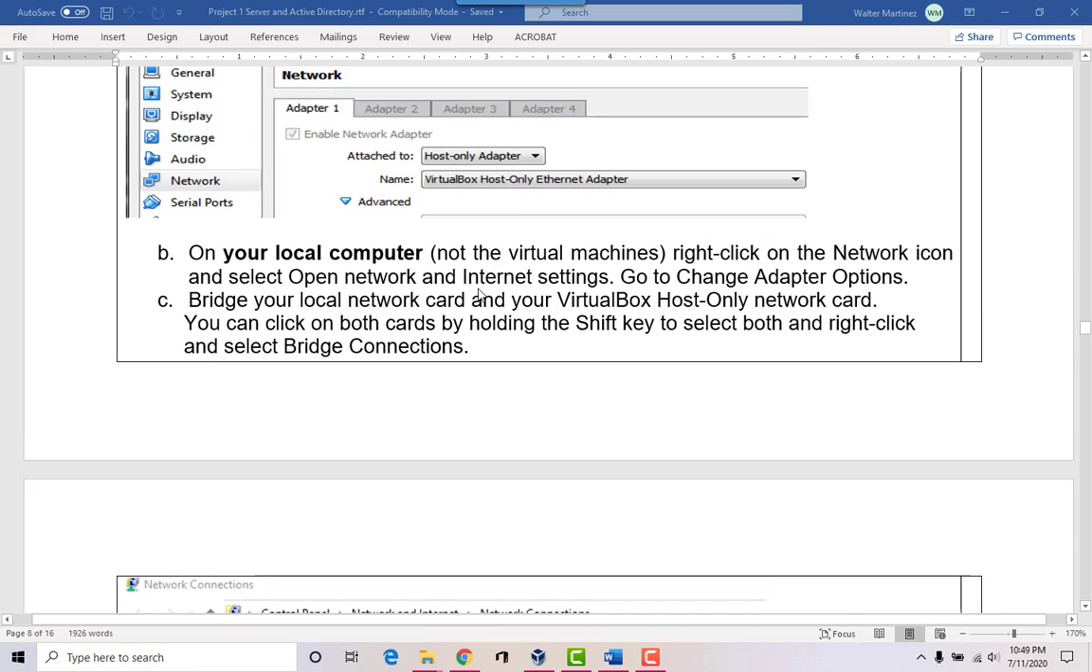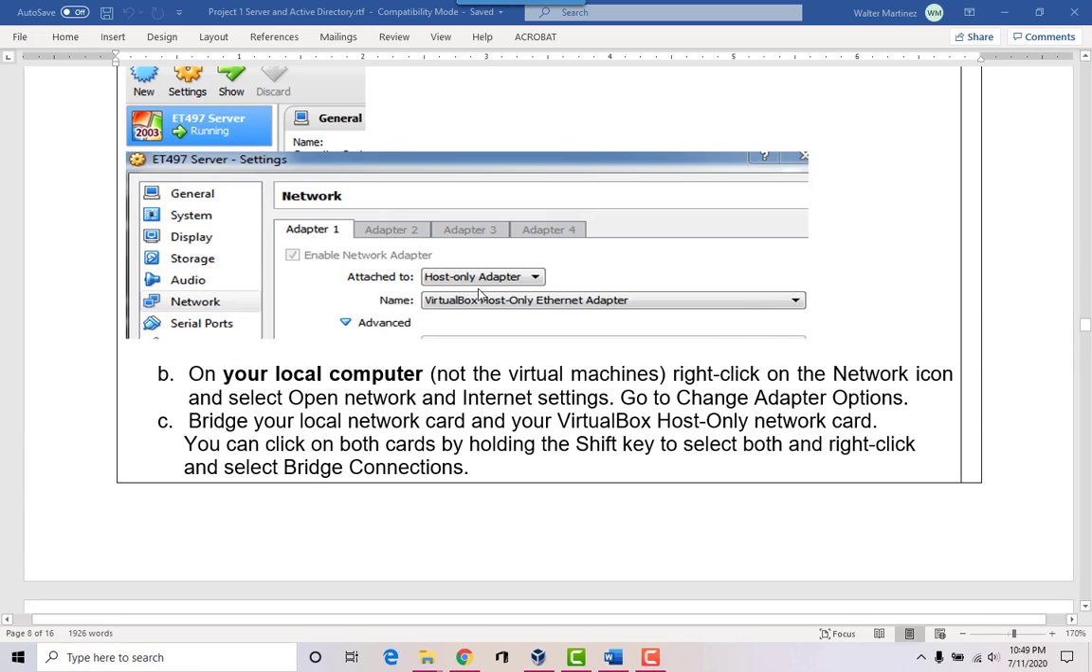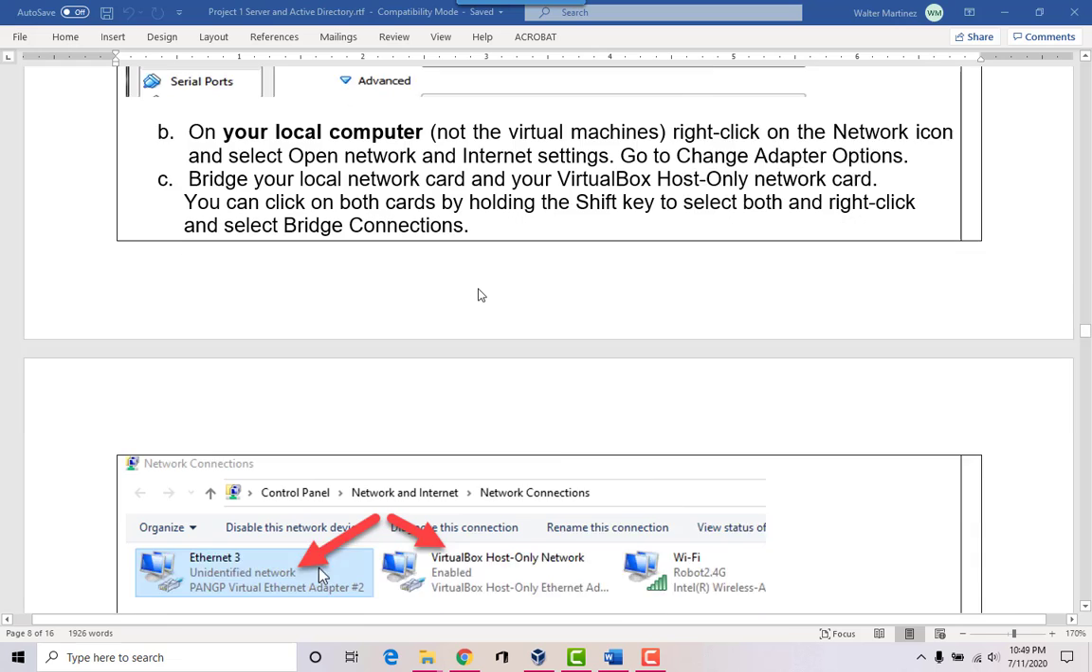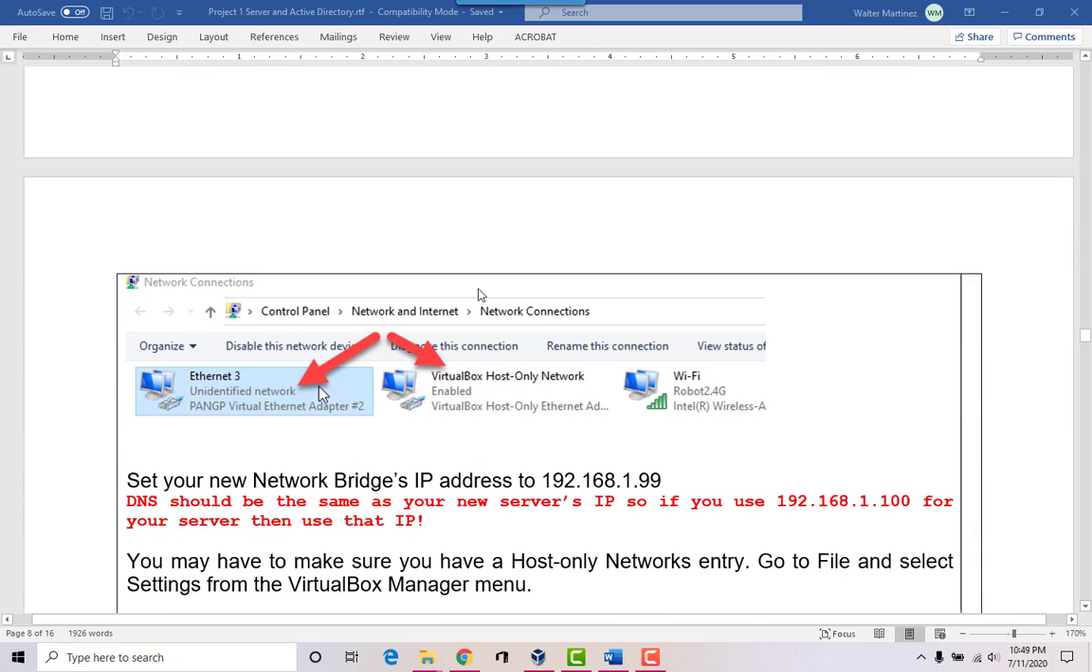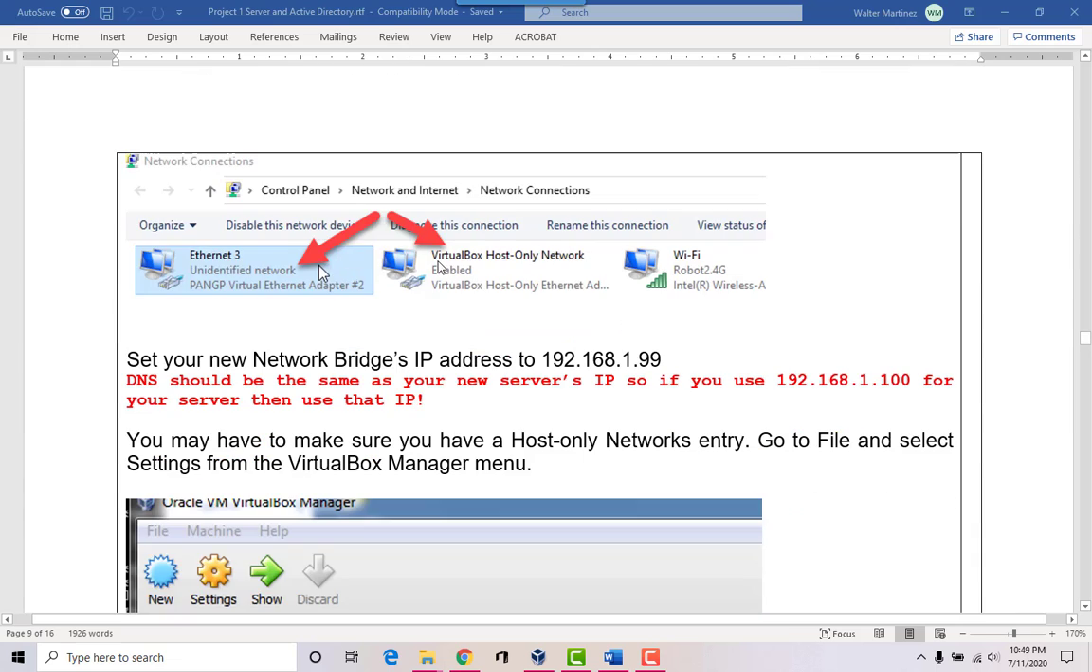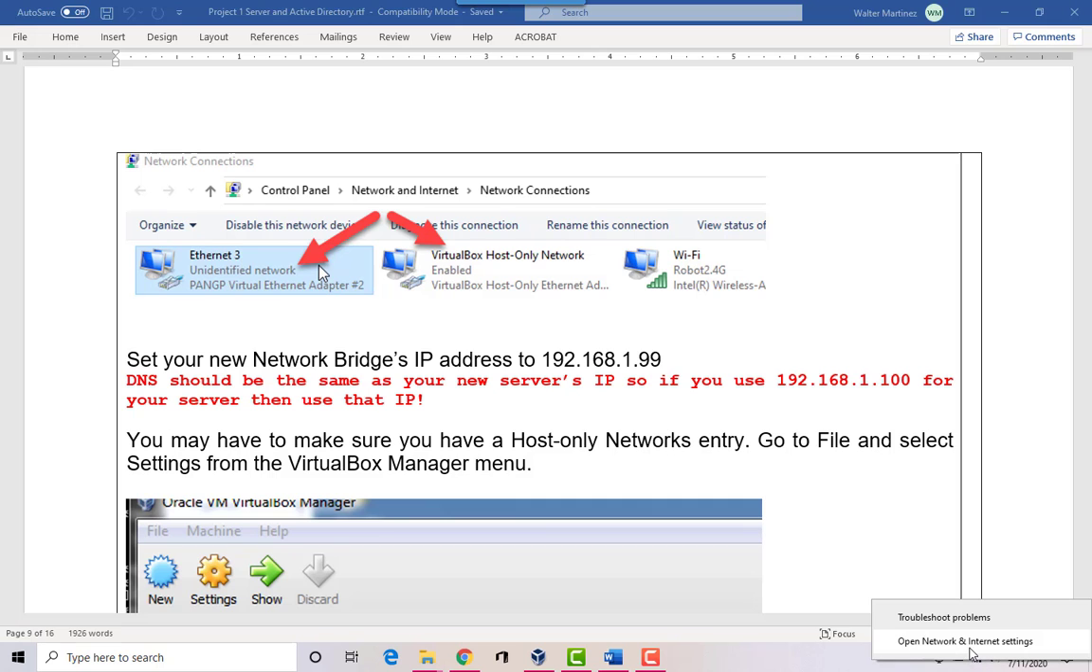And then I'm going to make this other change to the local host. So I'm going to basically grab the 2 network cards, the virtual host network card and my Ethernet card locally, and I'm going to bridge them. So I go down here to the network icon, I go to Open Network and Internet Settings,